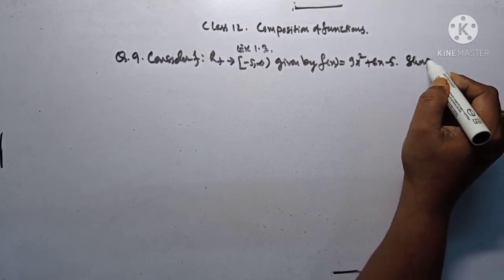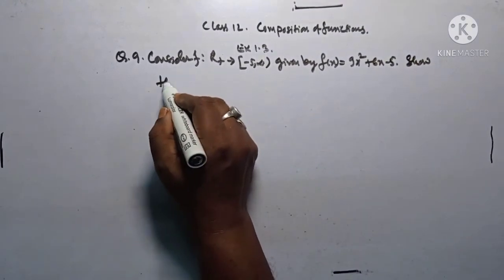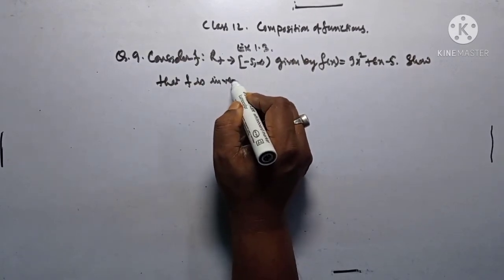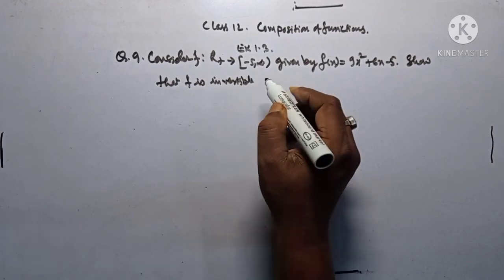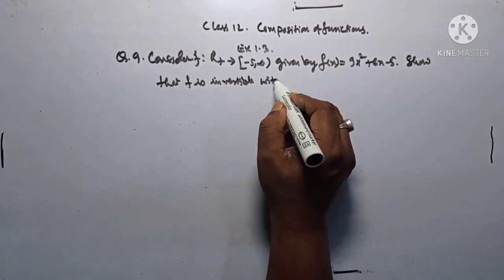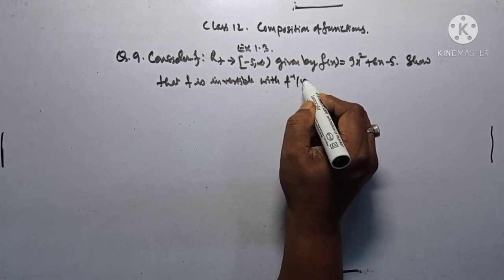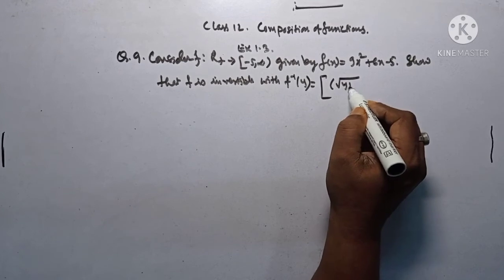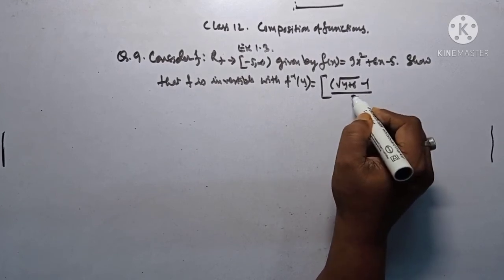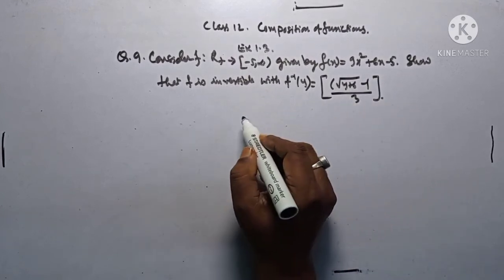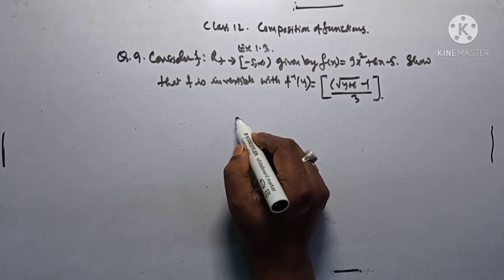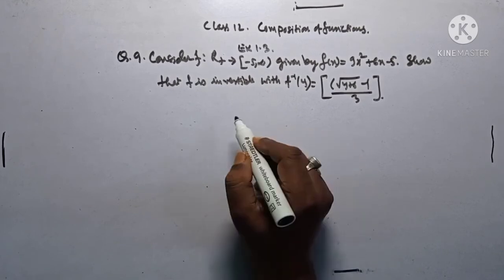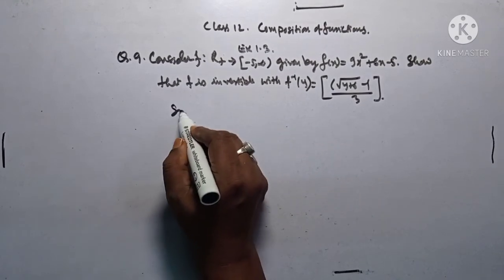You have to show that f is invertible with f inverse of y equal to root y plus 6 minus 1 by 3. So there are two ways. I'm going to do it the other way, that is